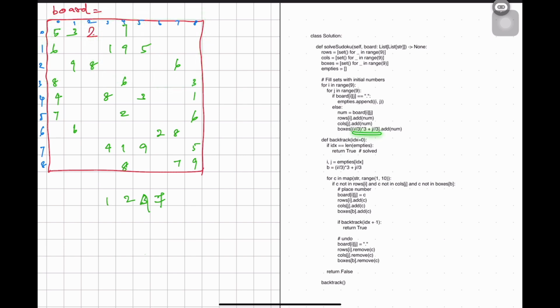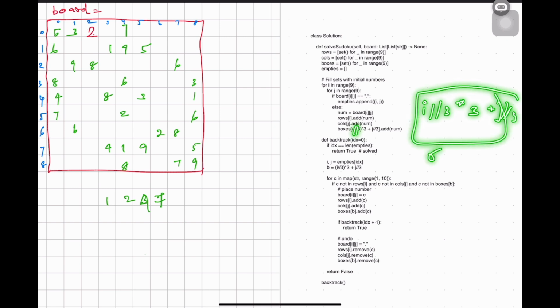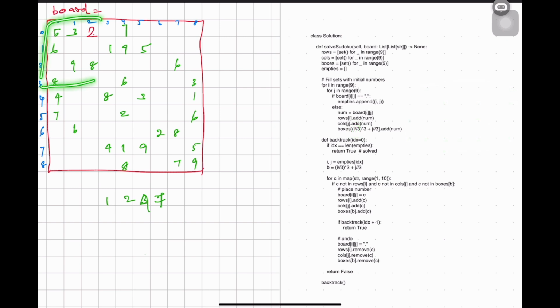That will give you the box values. So we take i divided by 3 star 3 plus j divided by 3, which gives the box number. Like that we are appending all the corresponding nums.